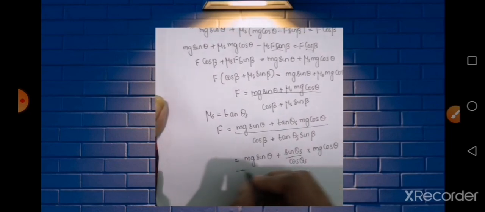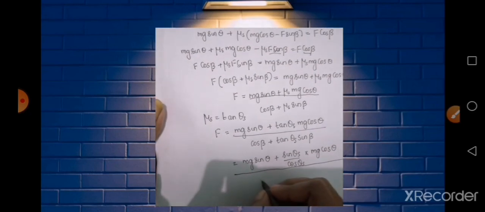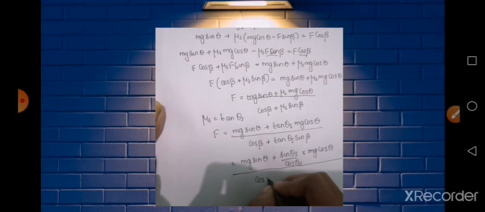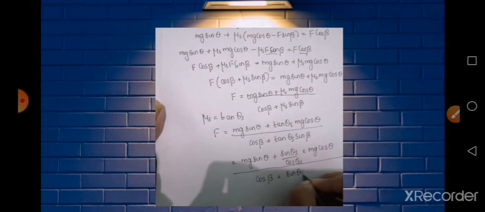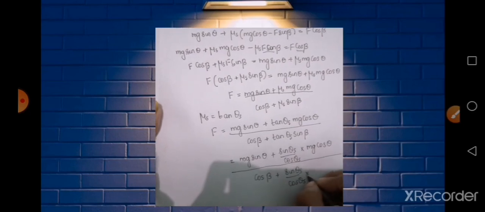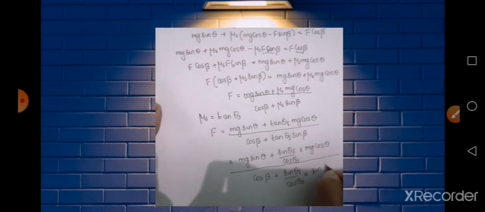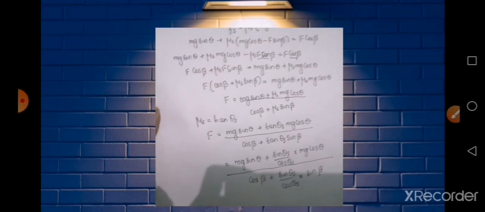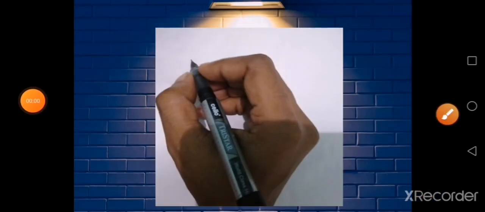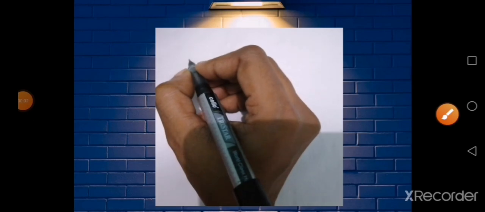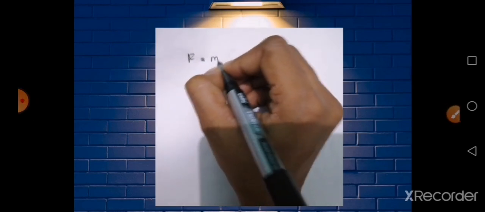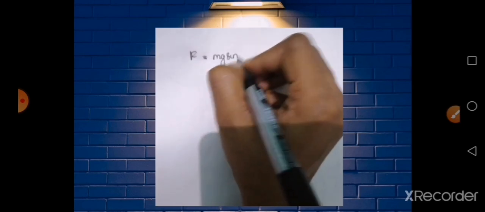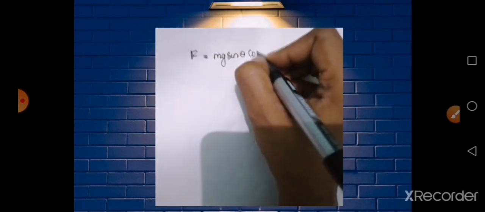So in case of a parallel circuit, you have the equation 1 by R effective, or the effective resistance in case of a parallel circuit, will be 1 by R1 plus 1 by R2 plus 1 by R3. Okay, so you can take the LCM also. R effective, you can write as R1 R2 R3 upon R1 plus R2 plus R3. Got it? You have learned about your series circuit and your parallel circuit.